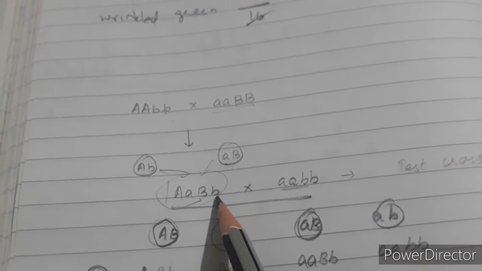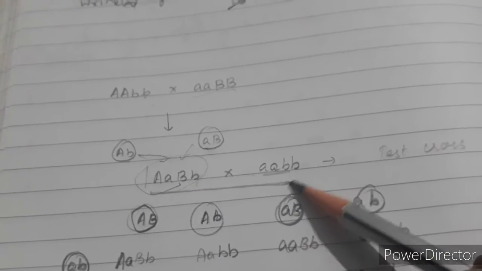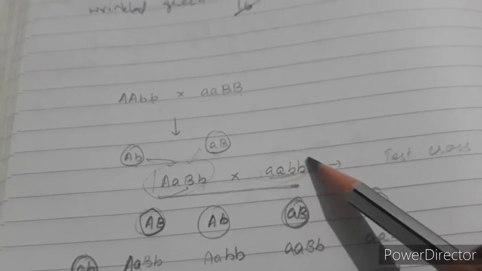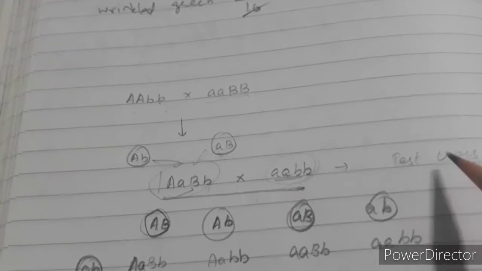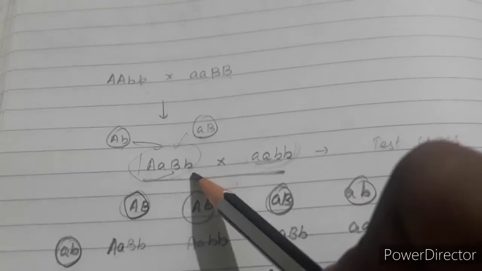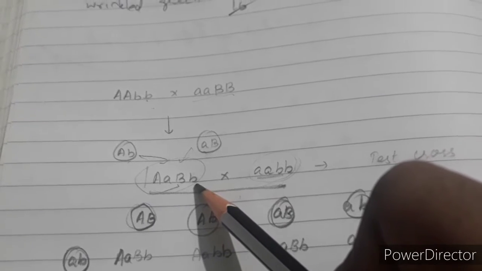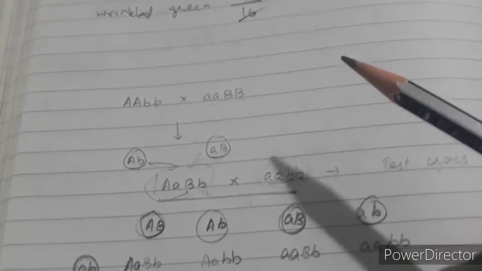So both are heterozygous. So this is known as dihybrid. This is going to be crossed with a complete recessive, double recessive plant. So just think for a moment, this is similar to a test cross. In a dihybrid test cross, when the plant given in question is heterozygous for both the characters, then the ratio